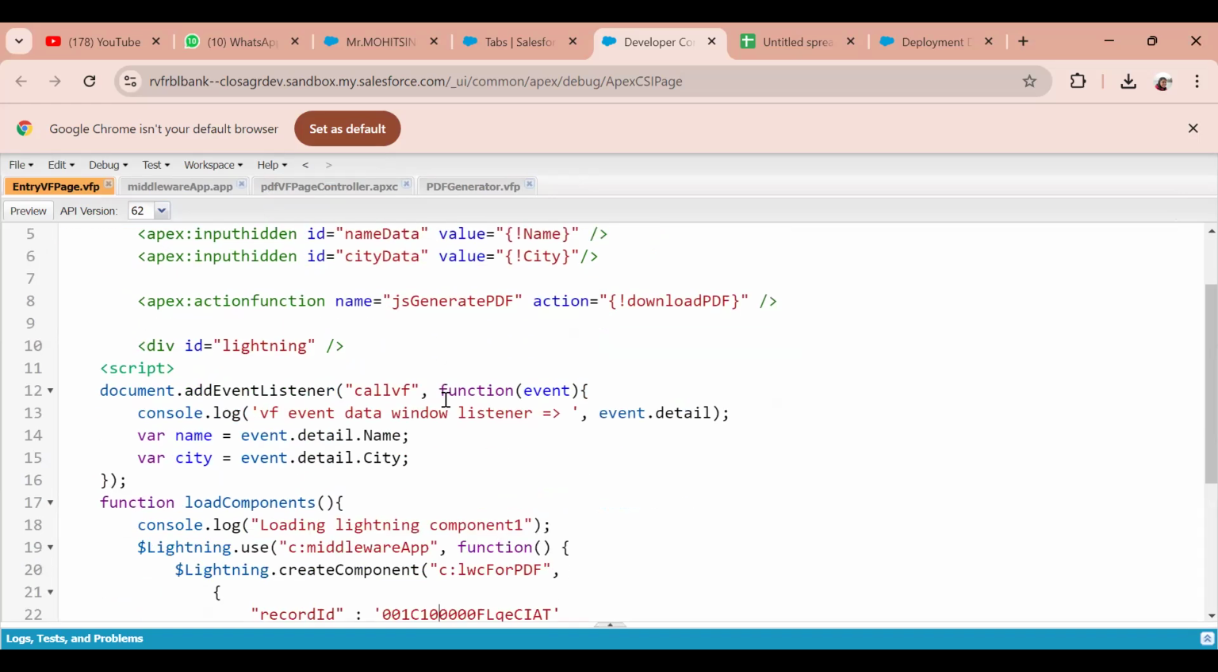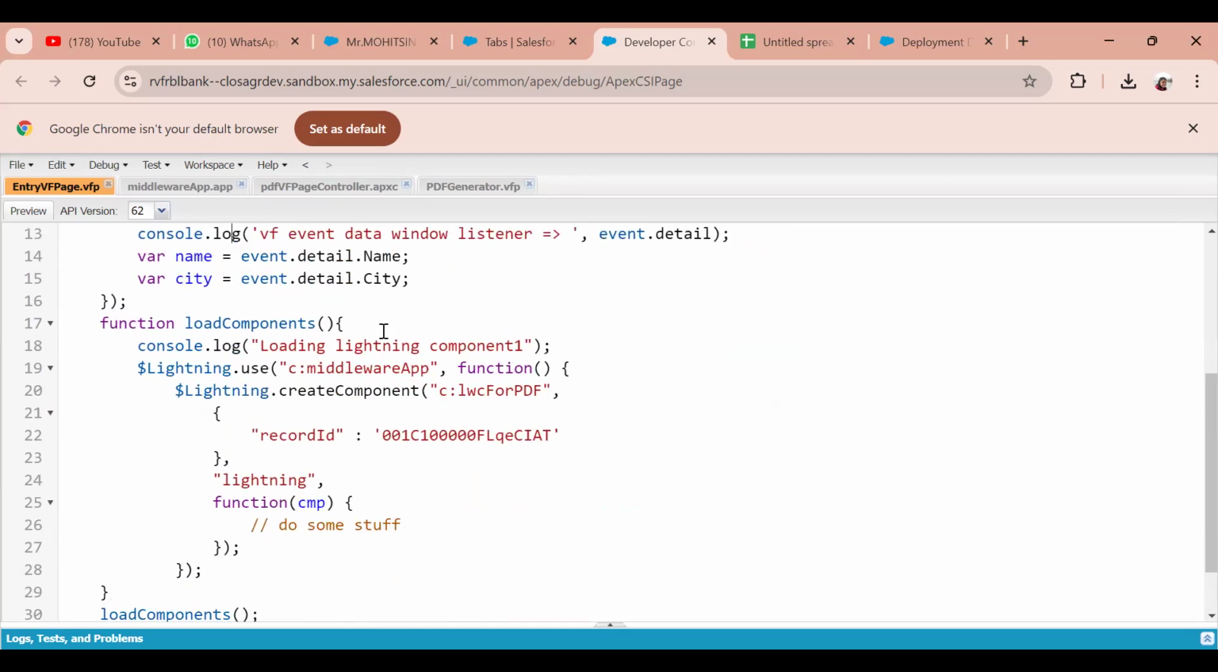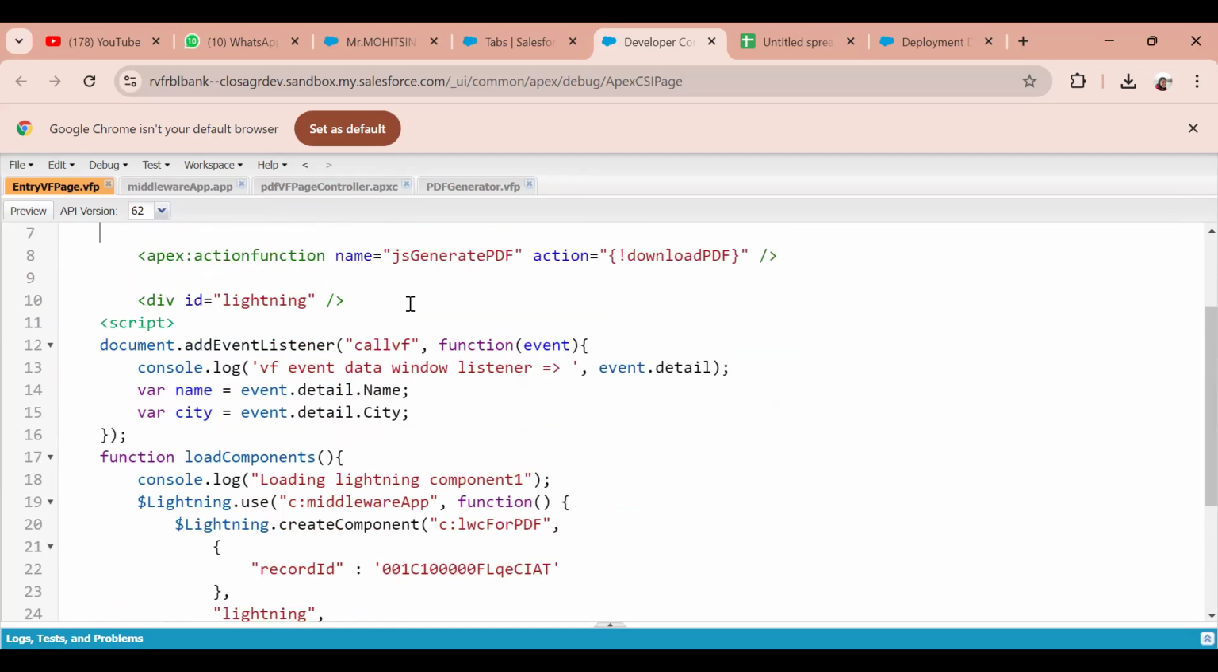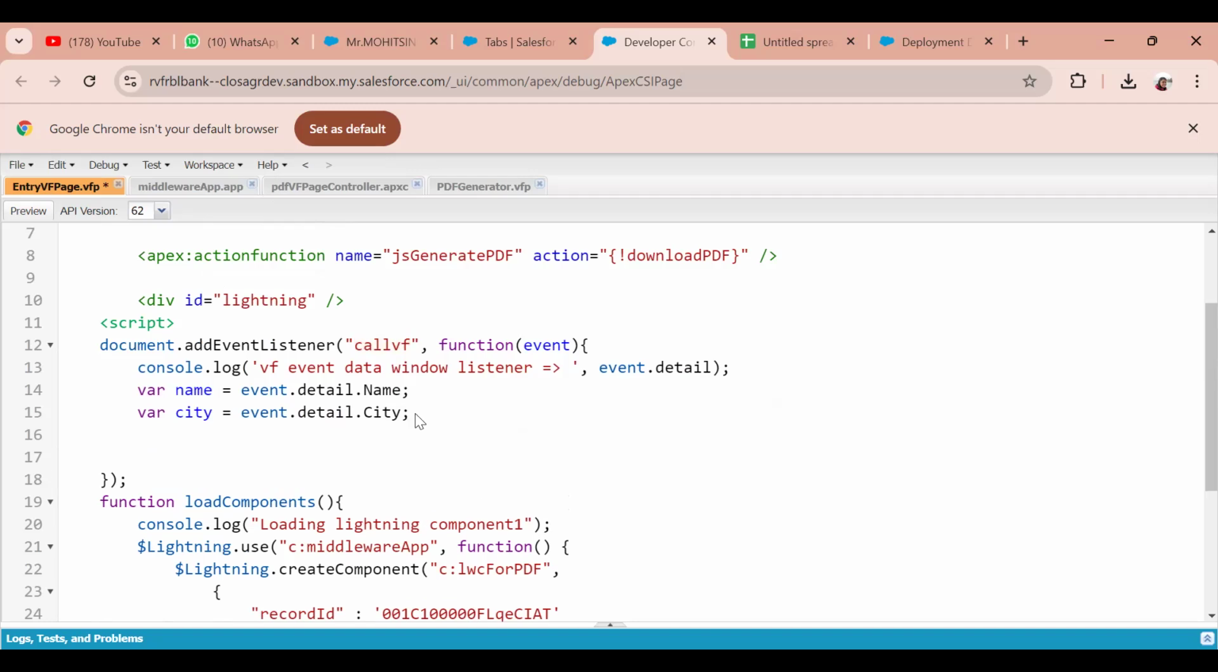Okay. So now the next thing that would happen is the moment we land on this VF page, load components gets called. Load component loads this Lightning web component. From that Lightning web component, we are calling this method called call VF. It comes here, it loads the city and everything. Now the next thing that we need to do over here in the add event listener is